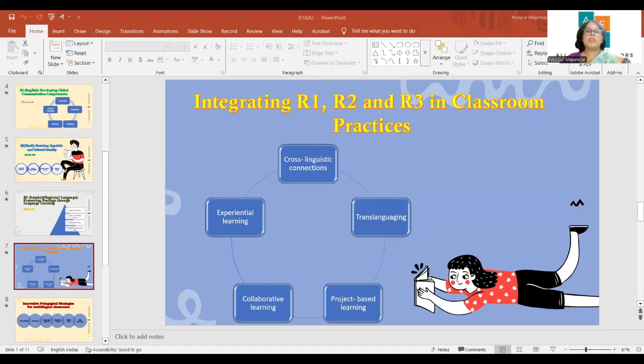So now we have understood the purpose of each language, that is R1, R2 and R3. The next question is how to integrate. हम कैसे लाएंगे इनको classroom according to NEP 2020, dear educators and CBSE. Multilingual education should become a natural part. It should naturally come in our classroom. Rather than separate language periods, let us understand the strategy shown in this slide.